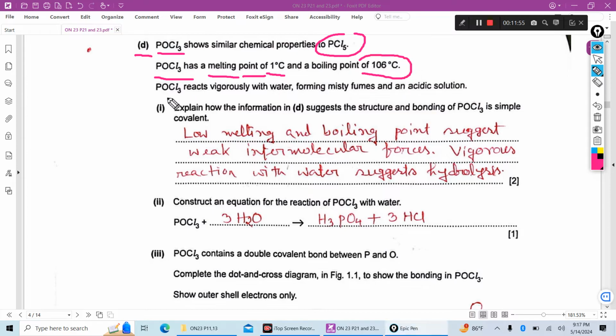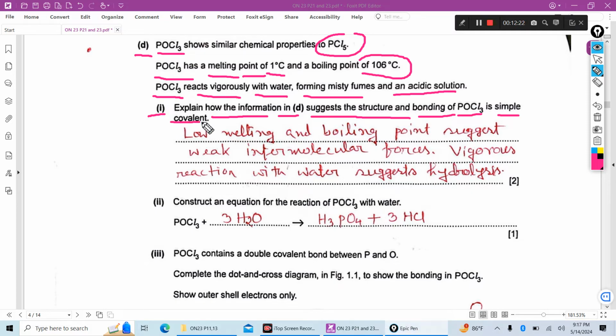It reacts vigorously with water, meaning phosphorus trichloride oxide is hydrolyzed, forming misty fumes and an acidic solution. Number 1, explain how the information in D suggests the structure and bonding of POCl3 is simple